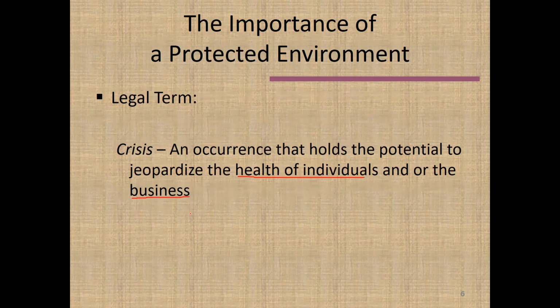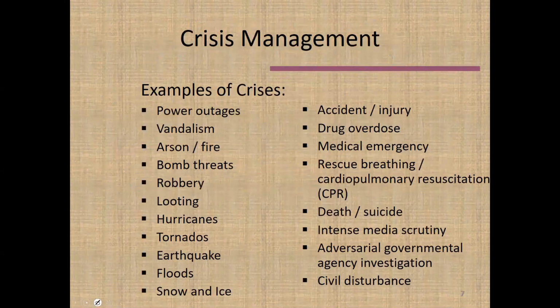Crises can arise in lots of different ways. Certainly natural disasters, man-made disasters, all kinds of possibilities along those lines. And of course, here is a list of just a few. You might think that a power outage is hardly a crisis, but it creates the opportunity for other crises to develop. If there's a power outage and you're in a very tall building, people might be stranded, especially people who are not very mobile. Perhaps they're in a wheelchair, or they have health issues that make it impossible for them to go up and down stairs.